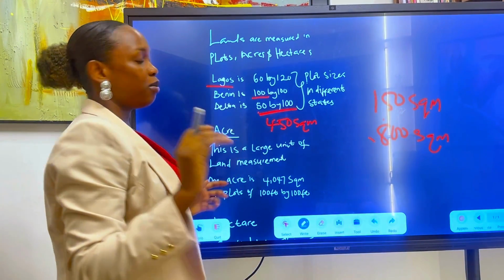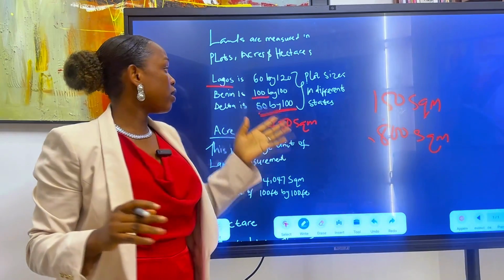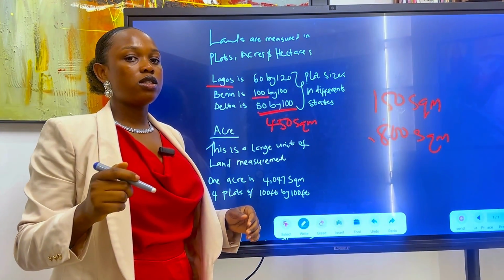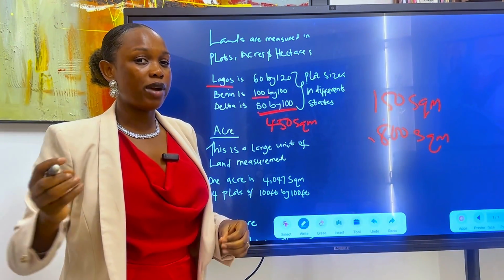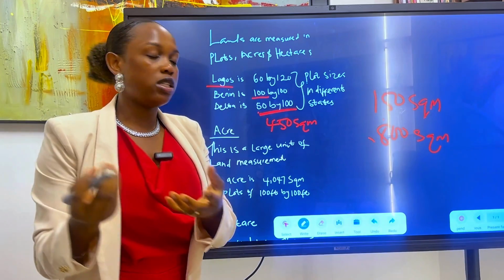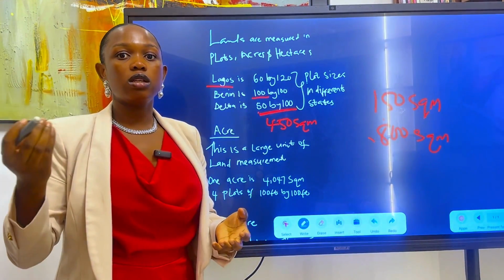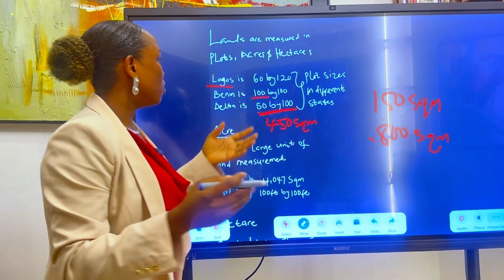Some can be 920, depending on the size of the land. So when you're buying 100 by 100, sometimes when you measure the land, either it's not completely that 100 by 100, or it's bigger than 100 by 100 by just maybe small feet. So when you convert it, it can be giving you 920 square meters or 900 square meters,